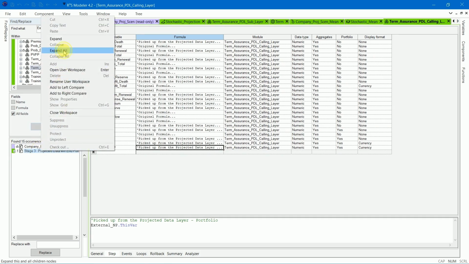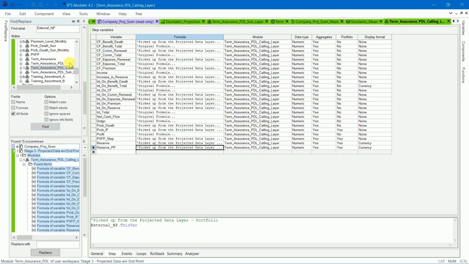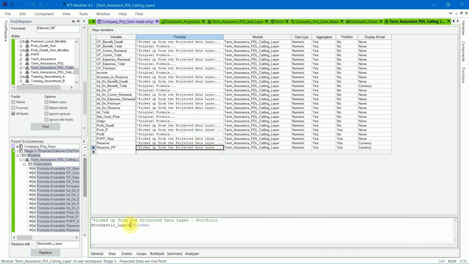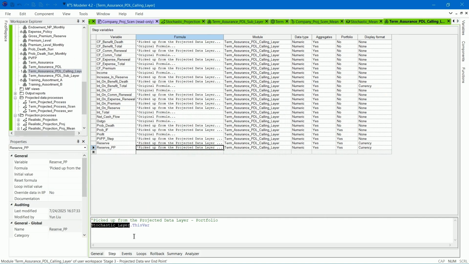You will see 15 matches found. These should be replaced with stochastic_layer. Highlight all matches and click Replace. You will see that the prefix has now been updated to stochastic layer.